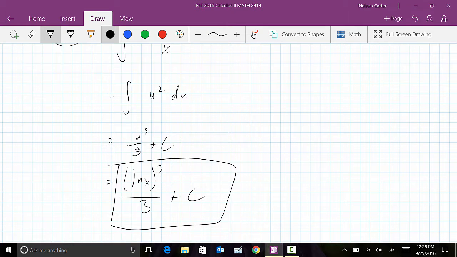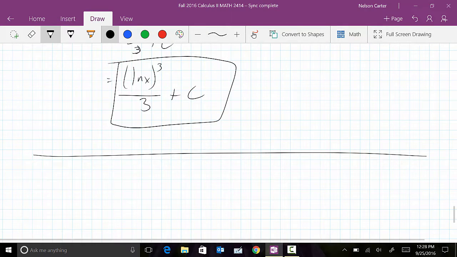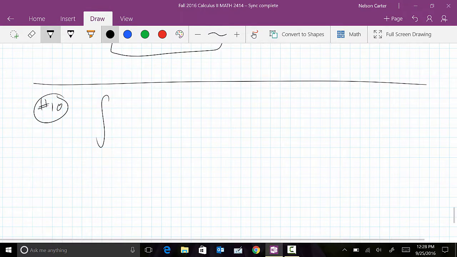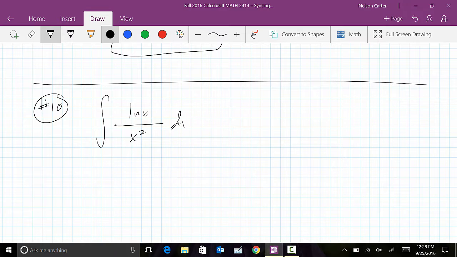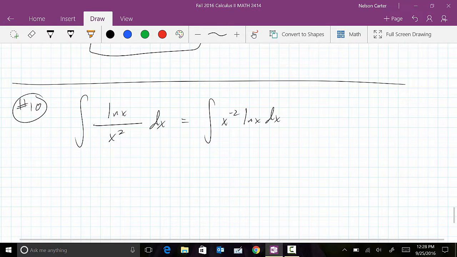Okay, let's try number 10. On number 10 we have the integral of the ln of x all divided by x squared dx. What you could do is rewrite this as the integral of x to the power negative 2 times the ln of x dx. I'm going to opt to pick the ln of x to be my u. I don't know if that's the right thing to do,